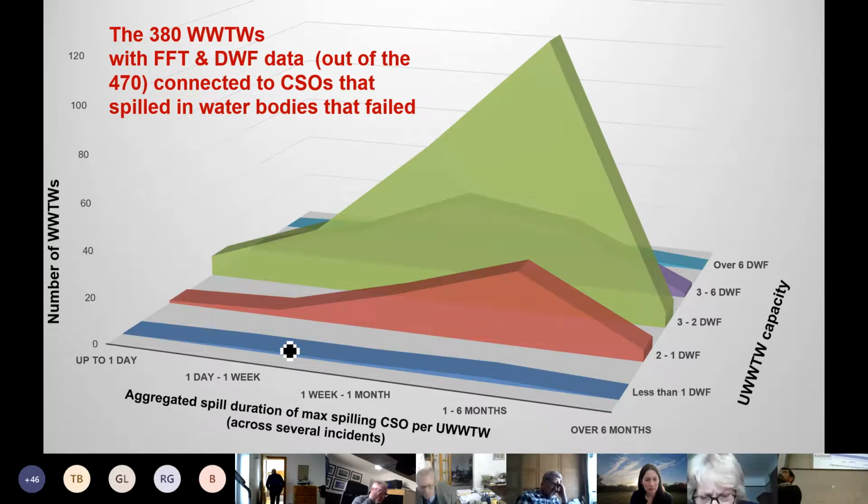Okay, again, remember, works might have 1, 2, 3, sometimes more than 10 overflows. It doesn't mean that they will all spill, right? Normally it goes to the first one, then the second one. So as long as there is one out of those overflows that spills, we take it into account, and that shows that those sites that fail the quality standards have a real issue in terms of overflows. You can see that the combined sewage overflows are the cause for the failure.